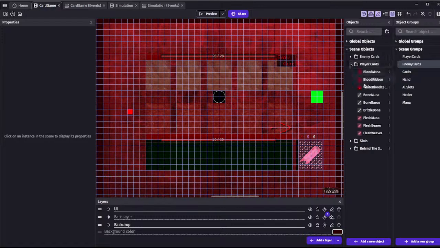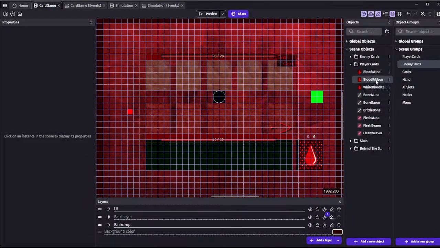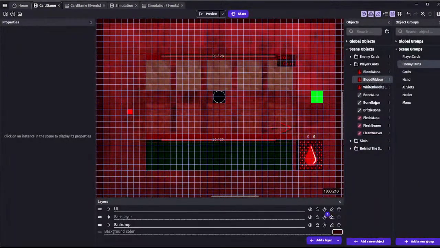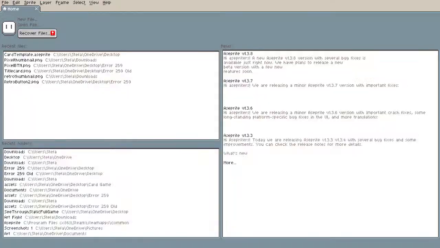Let's see. You know, we could add some more player cards. I know there was a card idea that I got, somebody recommended to me that I should try and make. So we might do that real quick. I'm just gonna call it Blood Snack. But we're basically just making a...